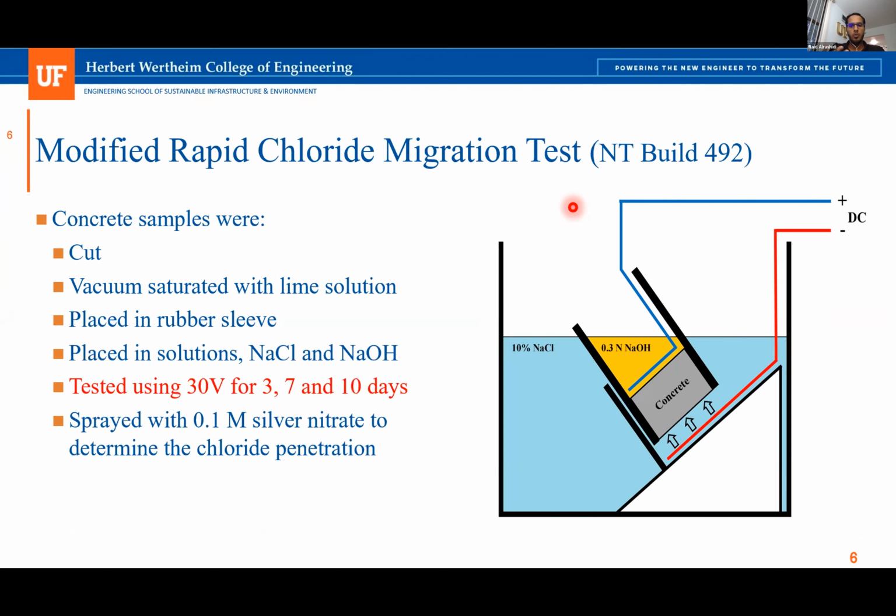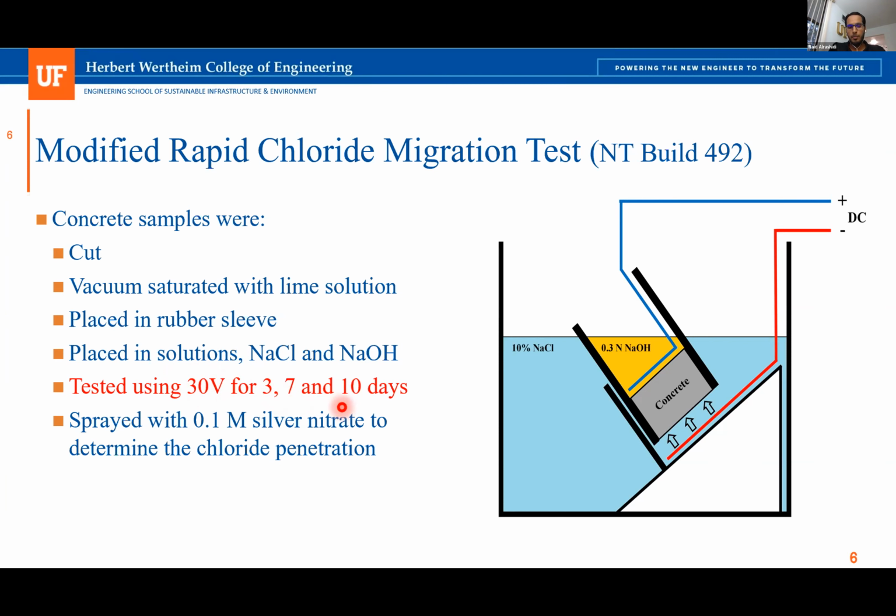But for UHPC, we made it up to 10 days to allow more chloride to get in. So we were using 30 volts for 3, 7, and 10 days. Then after the testing is done, we cracked open the samples and sprayed them with 0.1 silver nitrate to